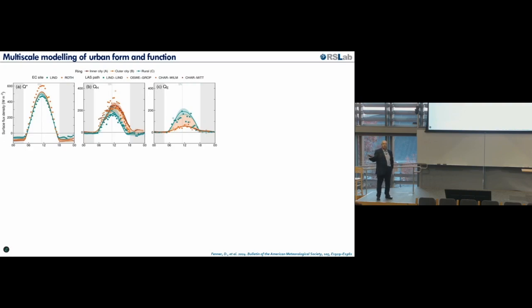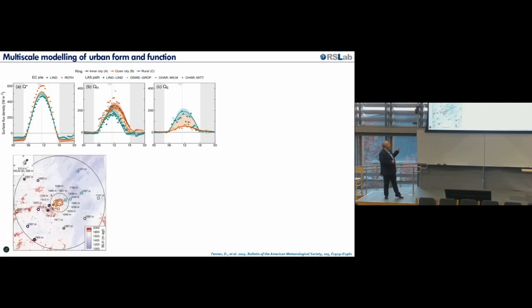The green curve is for rural, the orange one for the outer city, and the brown one for the inner city. So here the QH peaks earlier, and later here but higher, and later in the inner city, as was expected. What is impressive is the simulation of the height of the boundary layer,